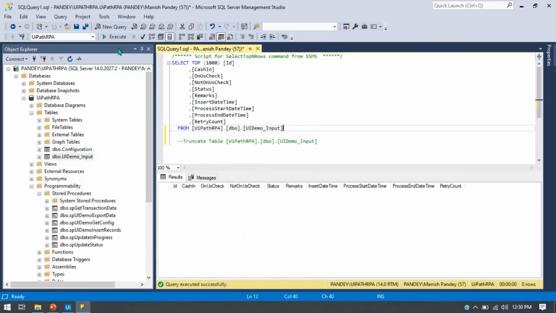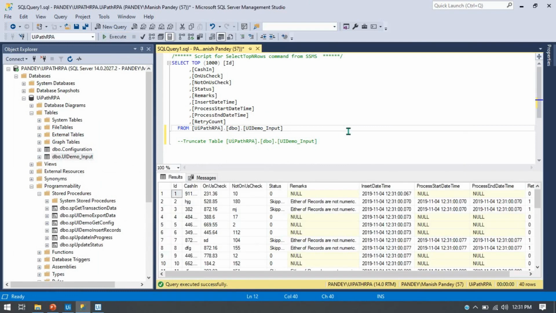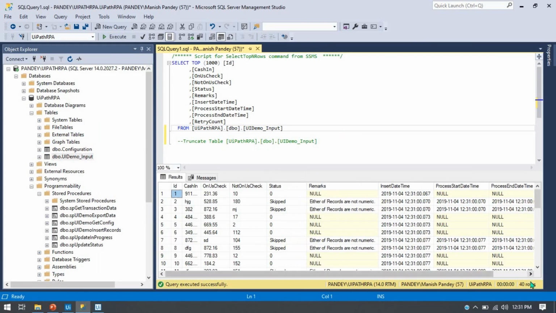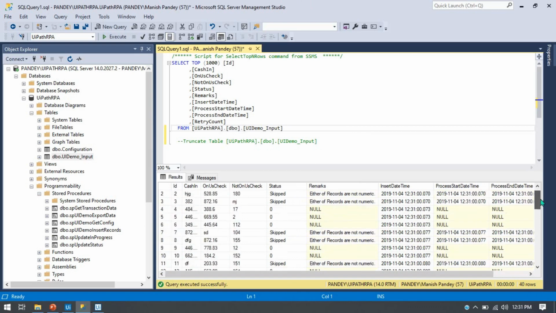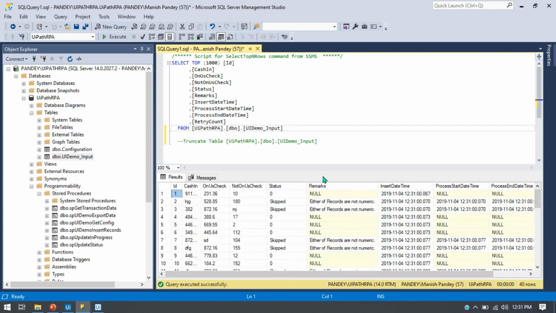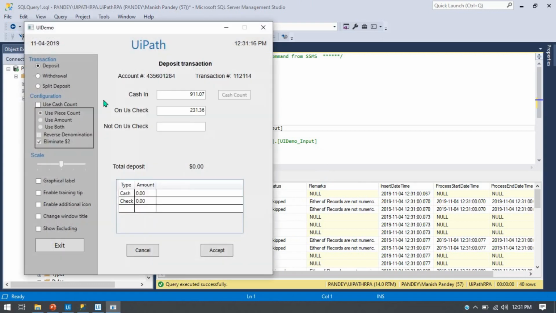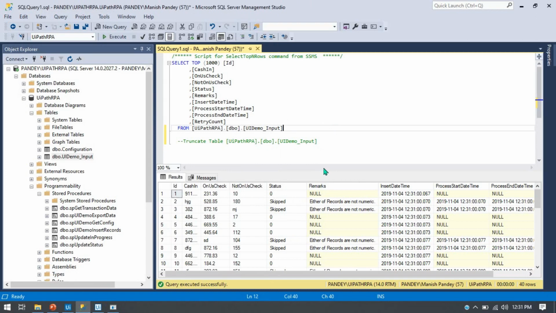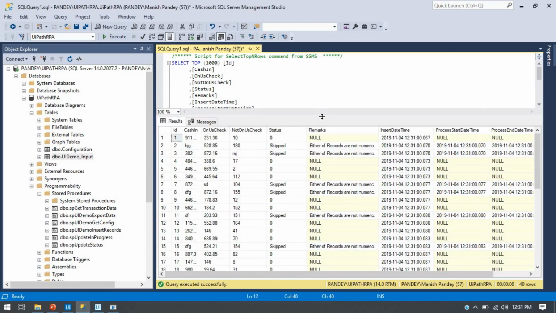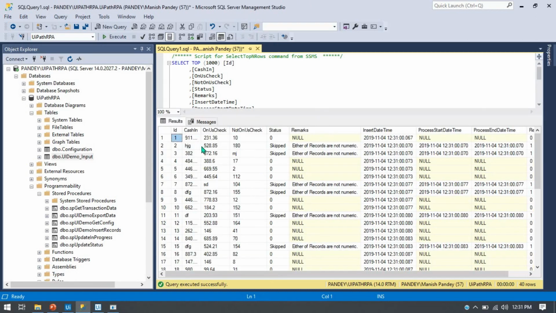Okay, and now let me refresh this table so that you will be able to understand. Now you can see the data, because we have 40 records and the 40 records have been inserted to the table. So currently you can see here we have the 40 records and we have the status 0 and skipped also,